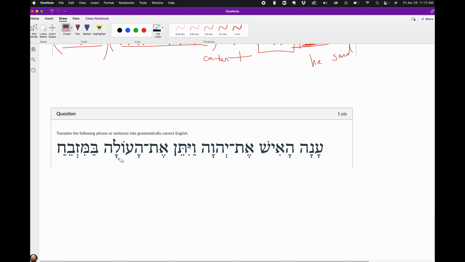I don't want you to just say the offering, though, because like we've had mincha. Mincha is a word for like a grain offering. Well, this is a different type of offering. And mincha is okay as just plain offering rather than grain offering, because mincha actually kind of gets used as like a word for gift. And it often gets used for the grain offering, but it actually comes from